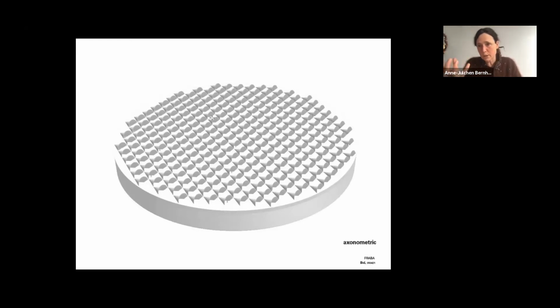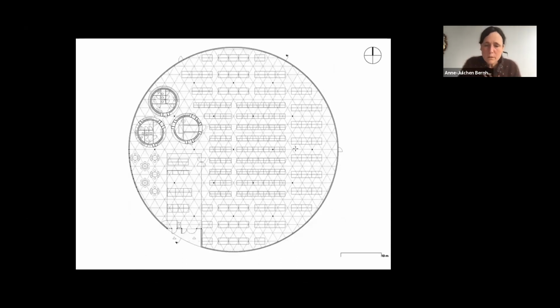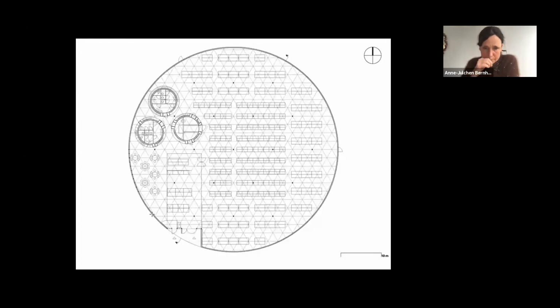And then it was about how to light this. And we did several tests with skylights, with just a few, and then super many. And we ended up doing something like this. So it ended up with an opening of around 20%.